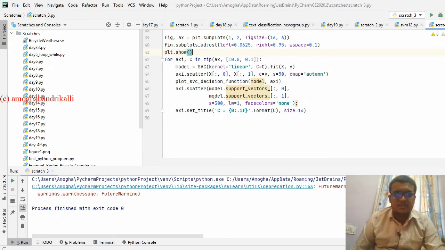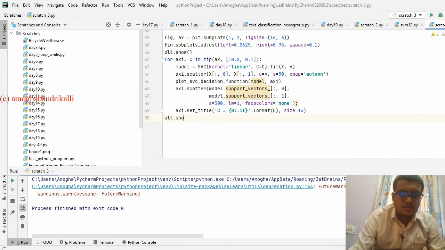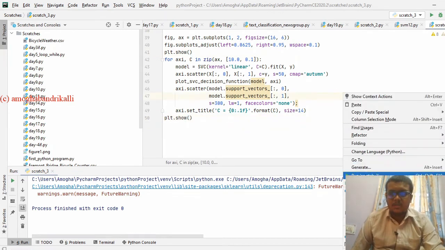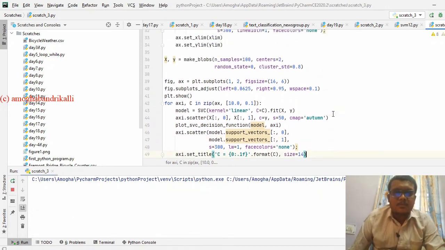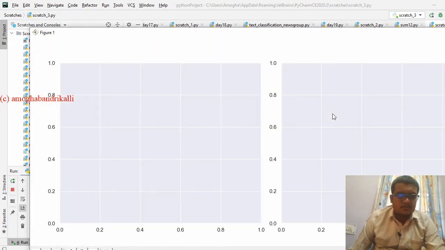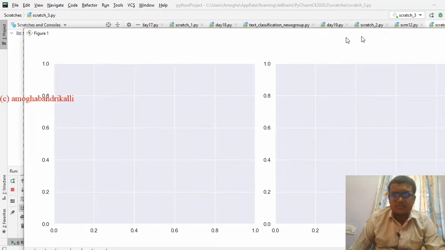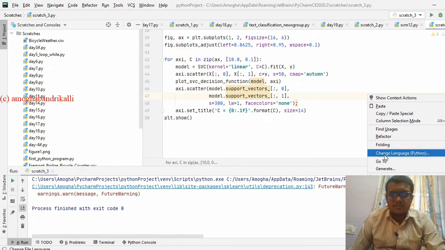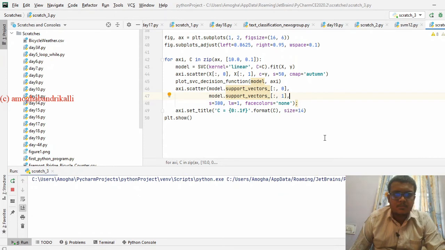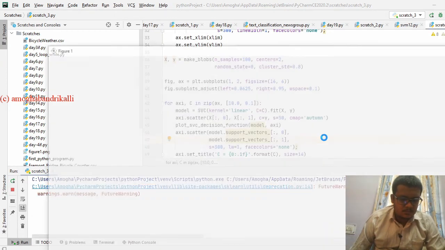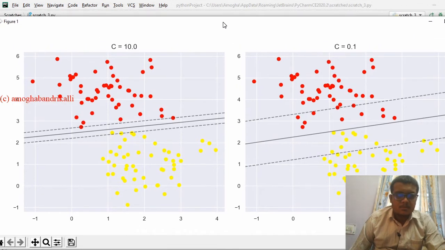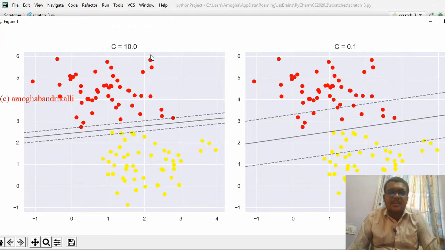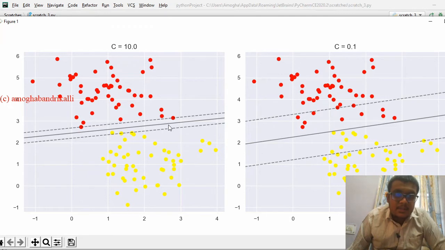Okay, I've forgotten to do this. So you can just see the variations of the parameter C. If parameter C is very high, then the margin is too narrow.